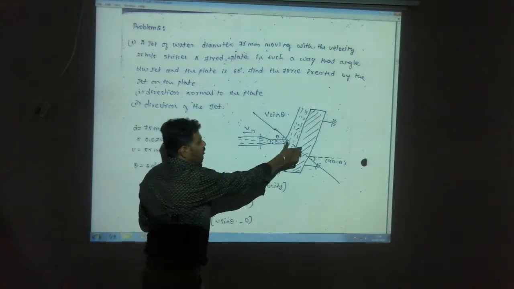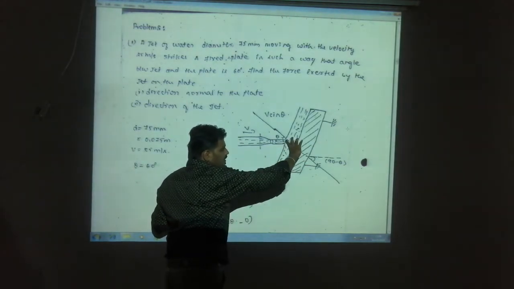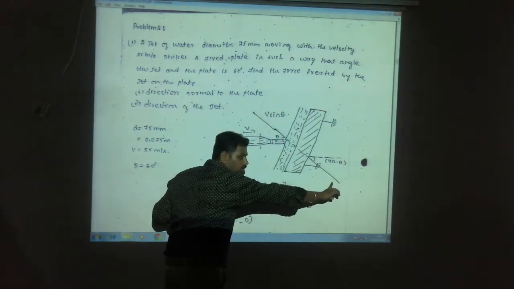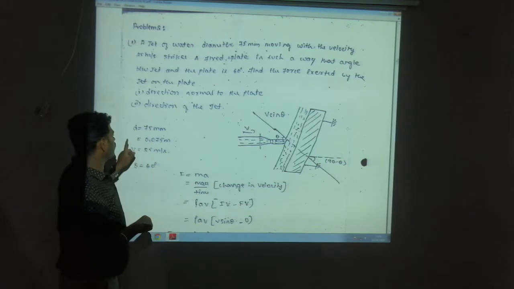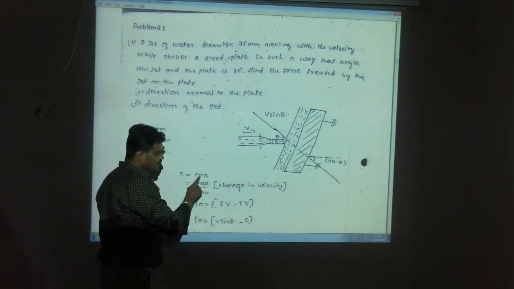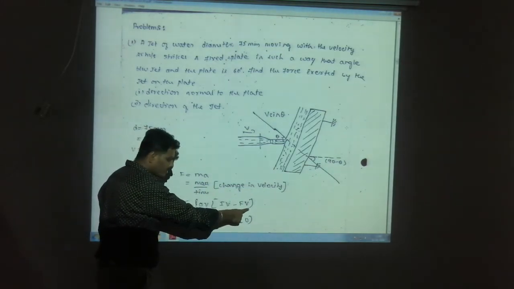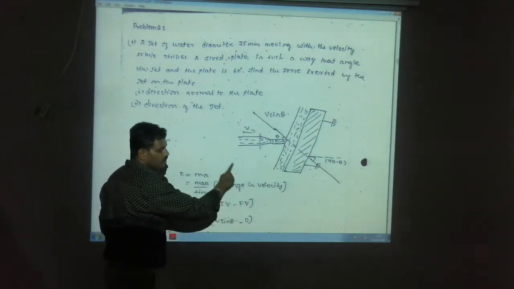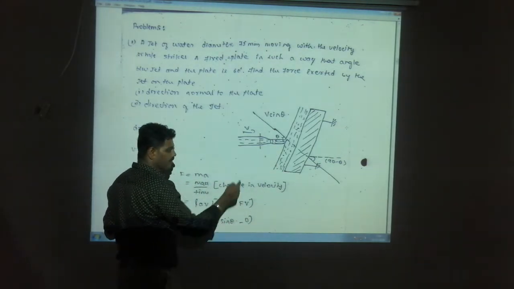So sketch number 20. Here we can see there is an inclined plate, and the jet of water which strikes the inclined plate. Here, with respect to the normal to the plate, Fn and Fx. So there are two questions. To find out Fn, again we have to use the conditions. F is equal to ma, mass by time, change in velocity, rho a v into initial minus final. So rho a v into, here initial becomes v sin theta, minus 0, as the final is 0 in the same direction.